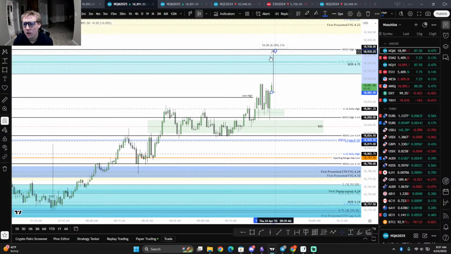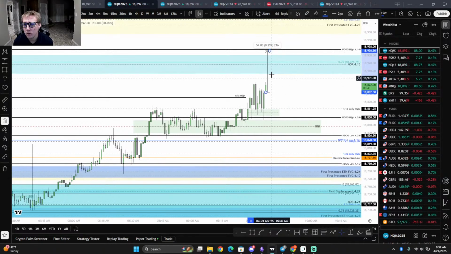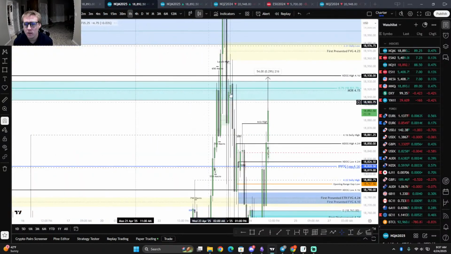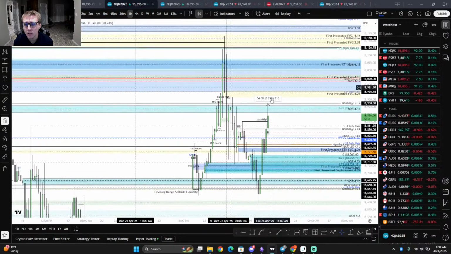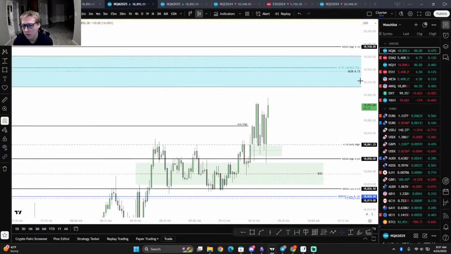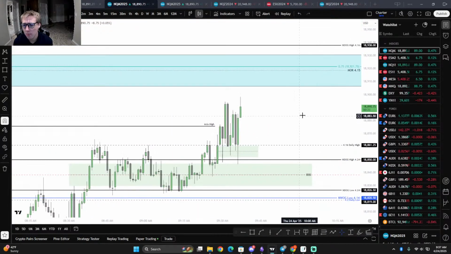Two, looking for 50 points just for the new day opening gap high. Where's that possible terminus for buy side? Like possible terminus for buy side, which is yesterday's first presented. That's only offering me 80 points. And for me, it's just not worth the risk. It's not worth the mental capital to be in a trade. I don't need to be in that.